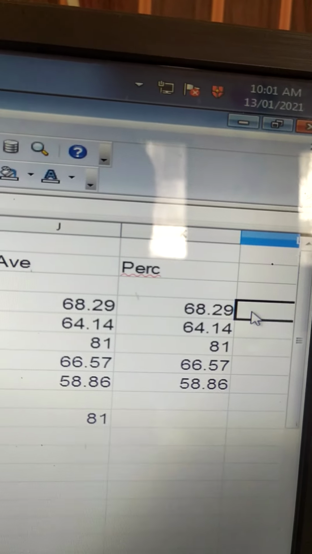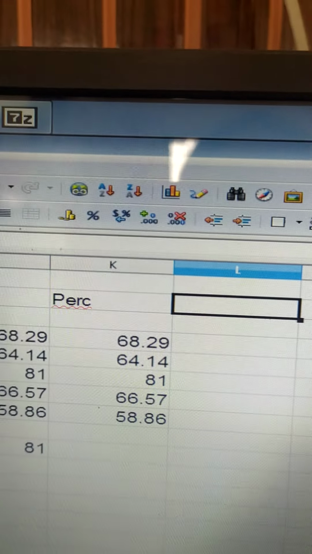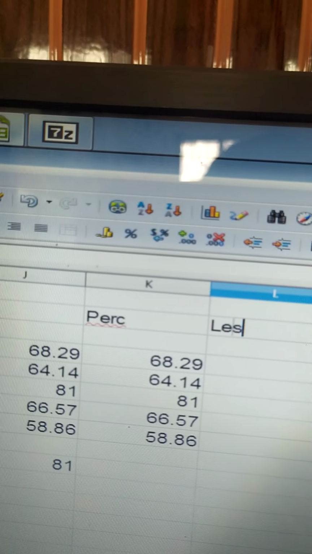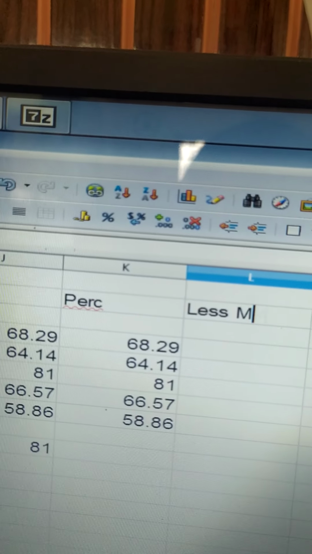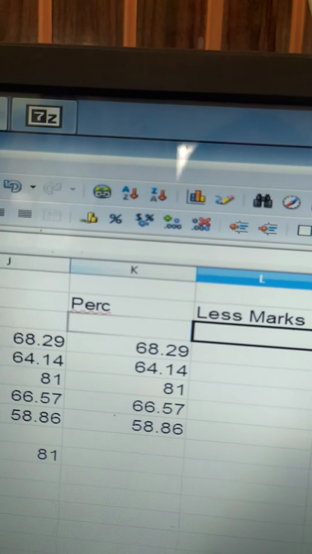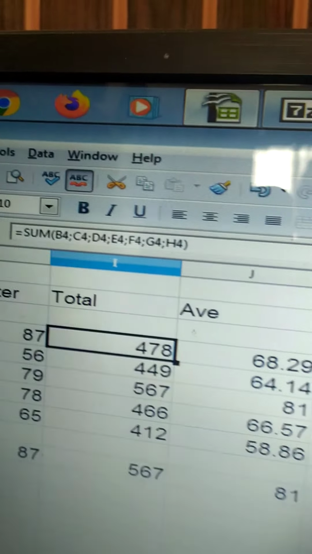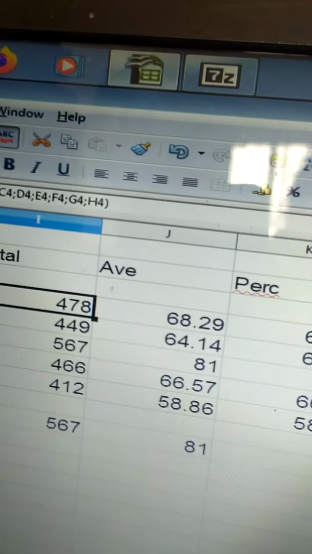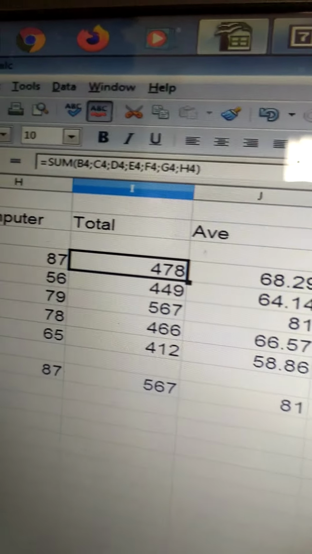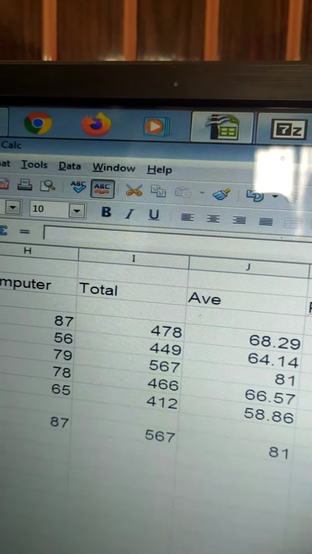If you want to know कि कितने marks कम मिले, suppose there were total 700 ना, suppose now the students over here, the total is 476. So if you want to calculate कि 700 total is 700, तो उसको कितने कम marks मिले हैं, कितने marks कटे हैं. So what can you do for that?